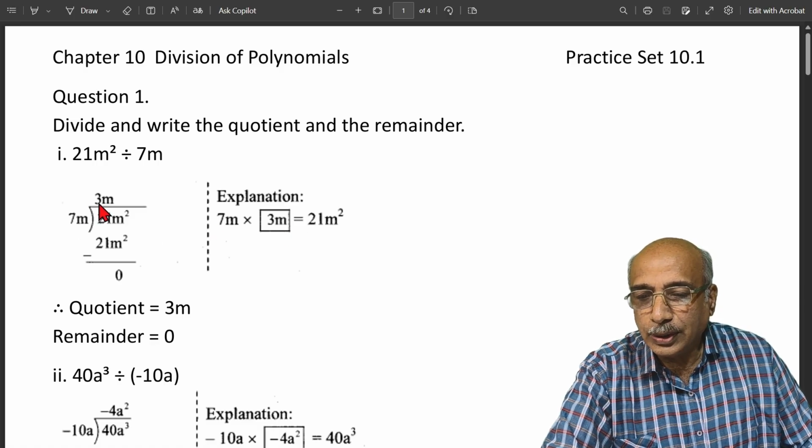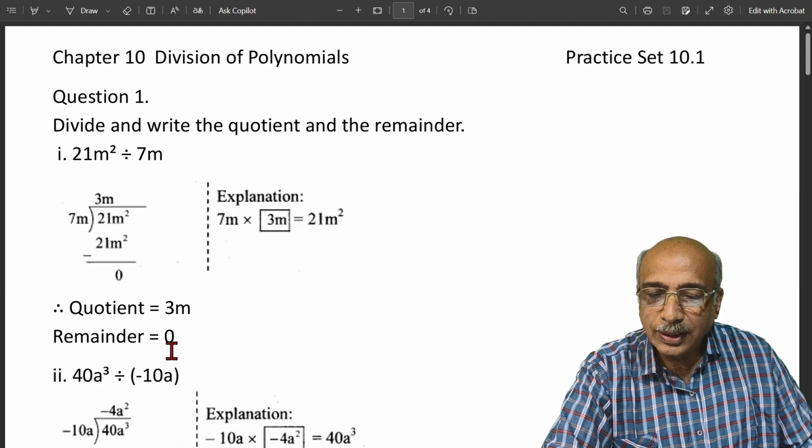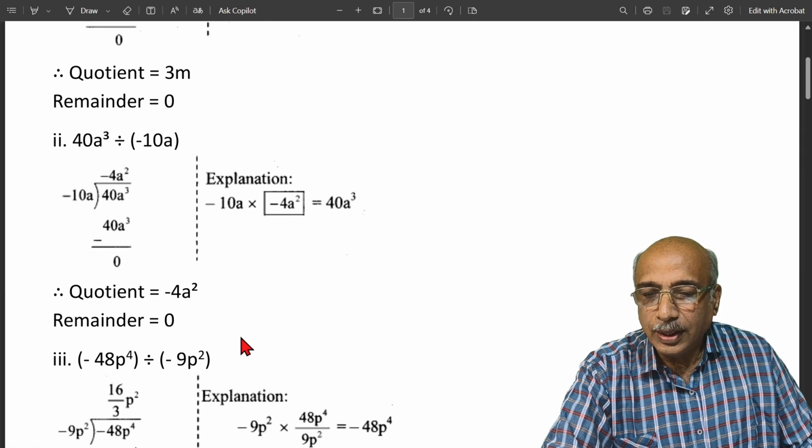So 3m will write in the quotient. 7 3s are 21 m square. Subtract it. Here it will be coming 0. So the quotient is 3m and remainder is 0. Very simple problem it is. Next,